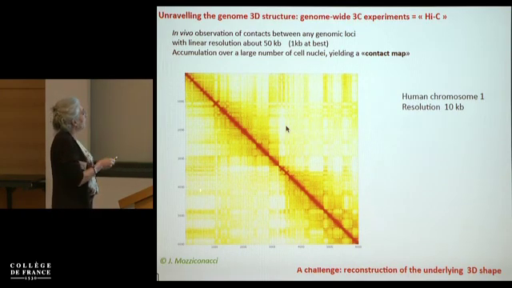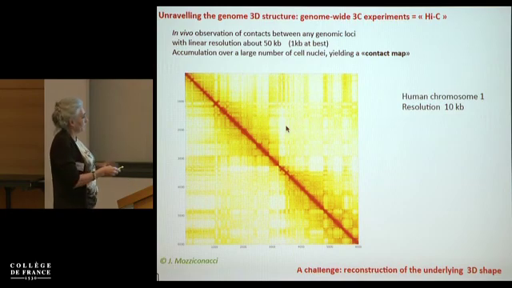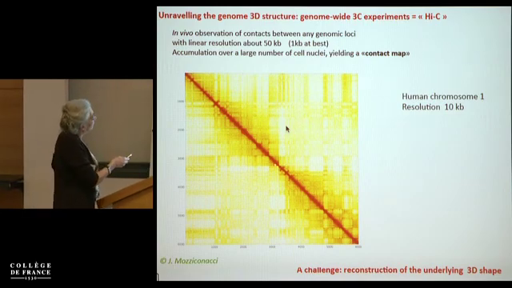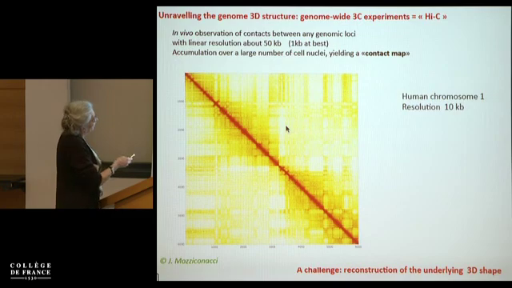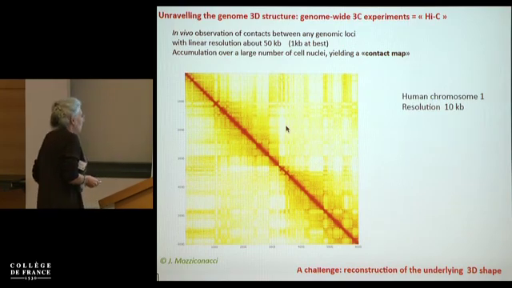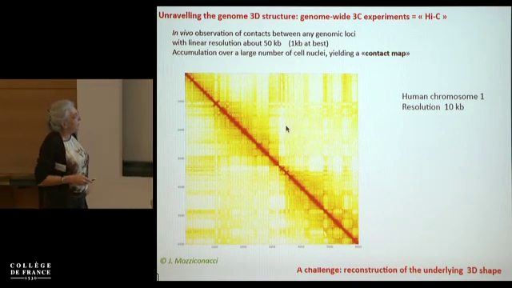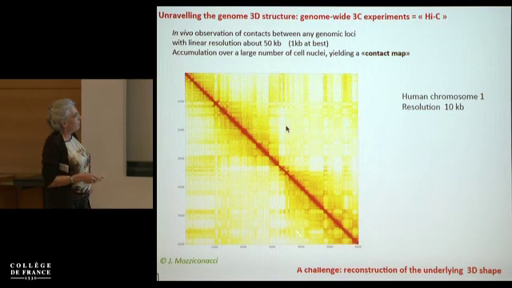Here the same. And like in any matrix, each entry is the contact frequency between this site and this site. The diagonal is, of course, the trivial contact due to closeness. You see various structures, small-scale structures, larger-scale structures, and so on. So this is a matrix representing the frequency of contact, the probability of contacts between any pair of genomic sites